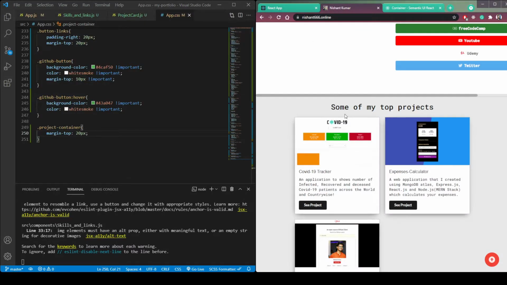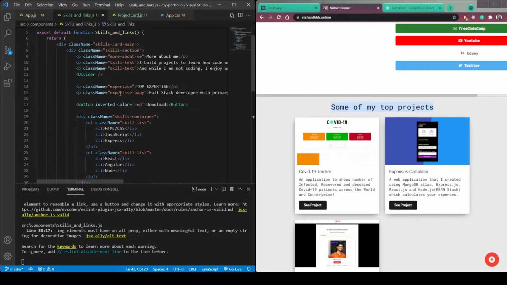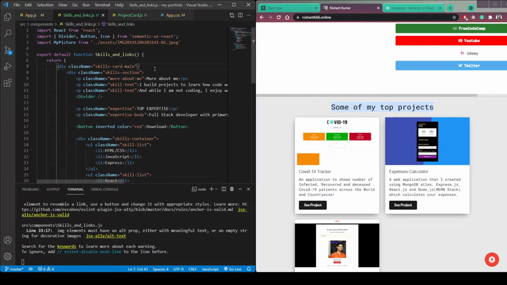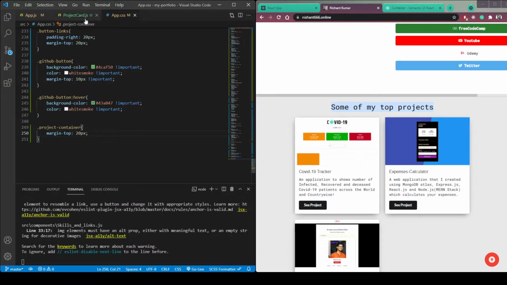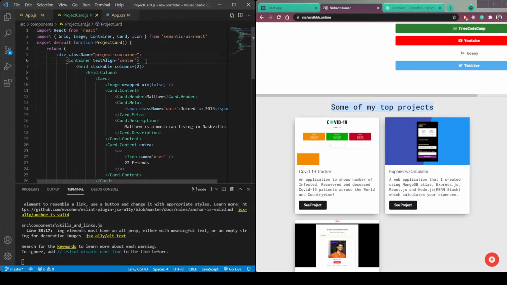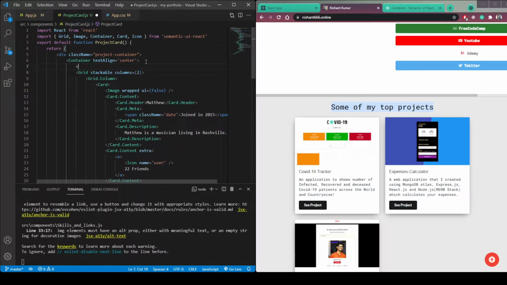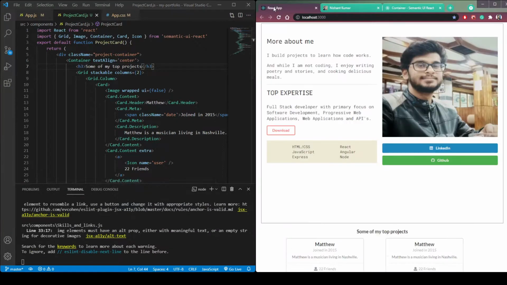Then we also need a header, which is some of my projects. In the container, give it an h3 and then paste this header here, some of my top projects.